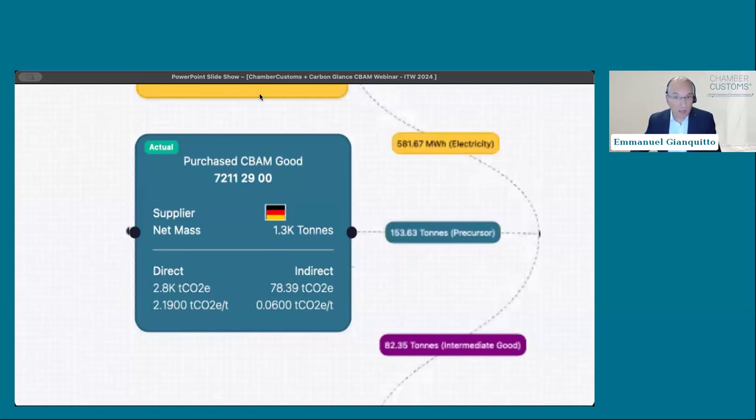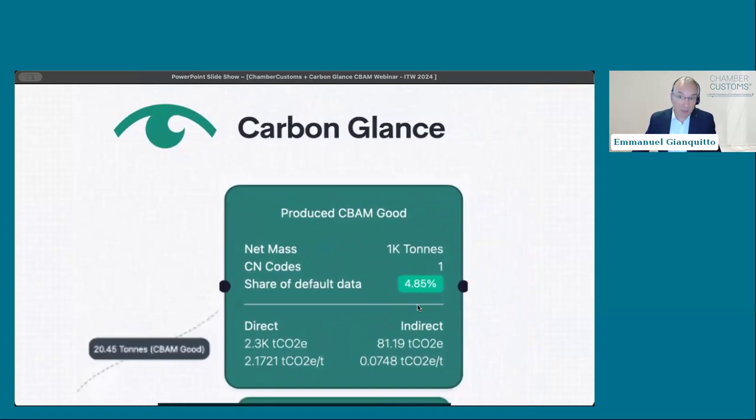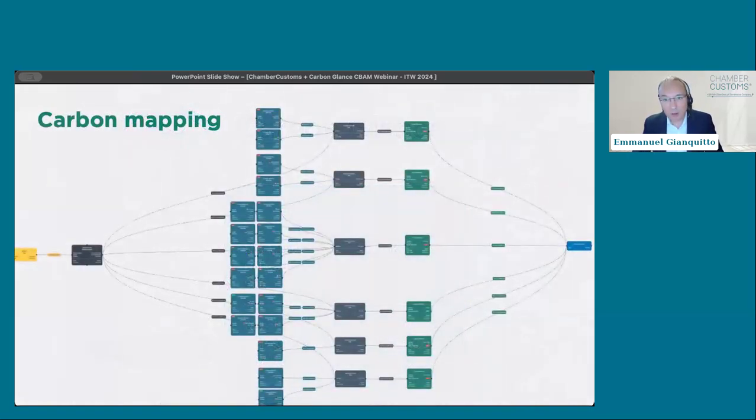Can I use greener energy? Can I use a cleaner product coming in, so that not only am I in line with the reporting, but I can bring these figures down and make my product competitive from a carbon point of view, which makes it cheaper when it comes to the import part. We shouldn't lose track of that, in my opinion.